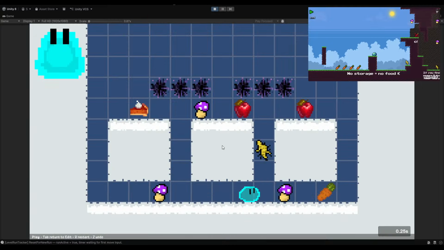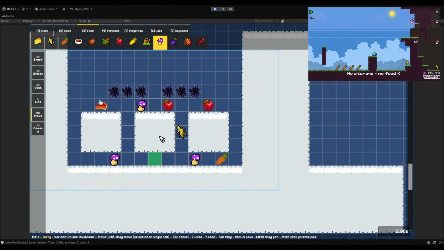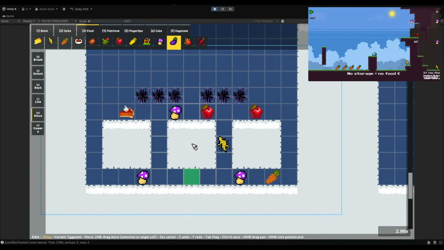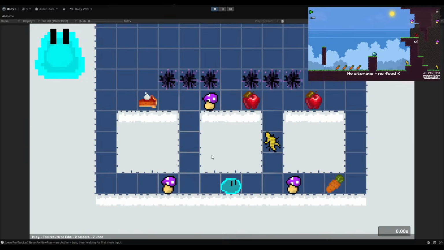Oh my god, I swear 3 seconds is possible. Is it not? I swear it is. I think I just have to use the apple earlier. 3.02 again? Is it really not possible? It is. Okay, there you go. Am I going to make the speedrun time challenge for 3 seconds on this level? Probably not, but I think that's nice that that's possible. And this should be good enough.